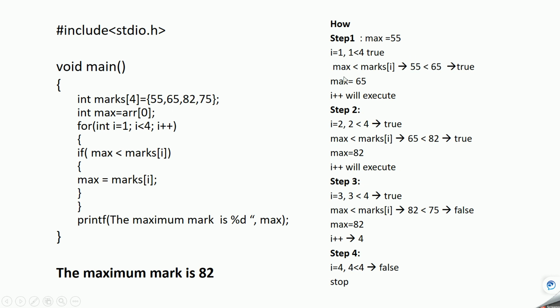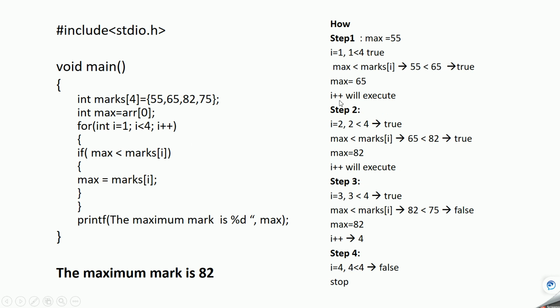So what will be checked? Is max 55 less than 65? Yes, 55 is less than 65, so it is true. The 65 is greater, so max value will change now. Max will become marks of i, which is nothing but 65, because i value is 1, so max will become 65.